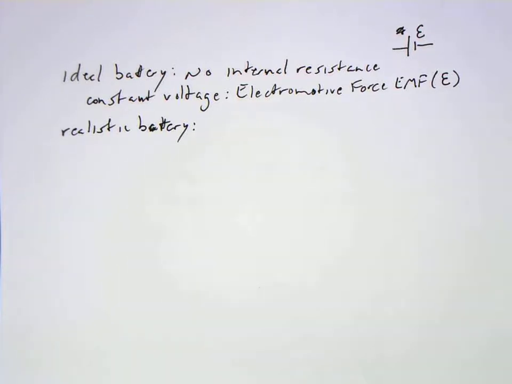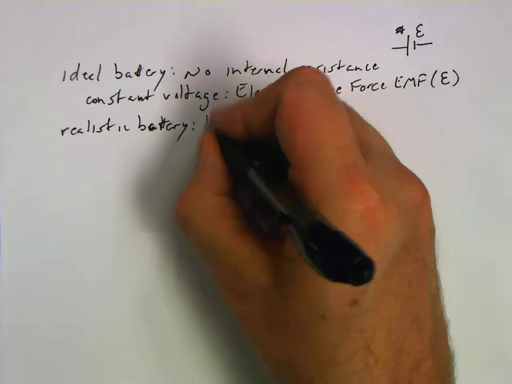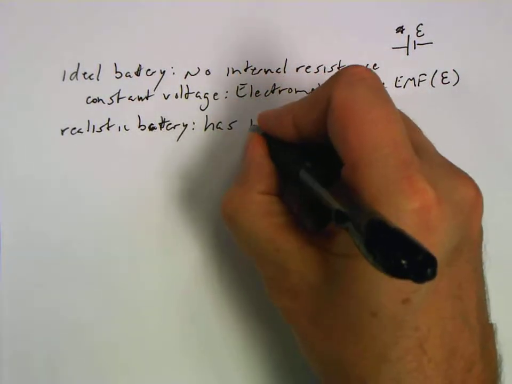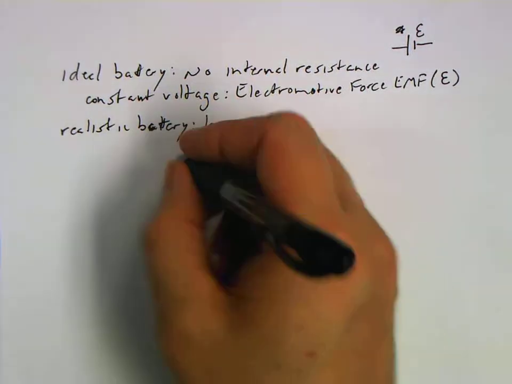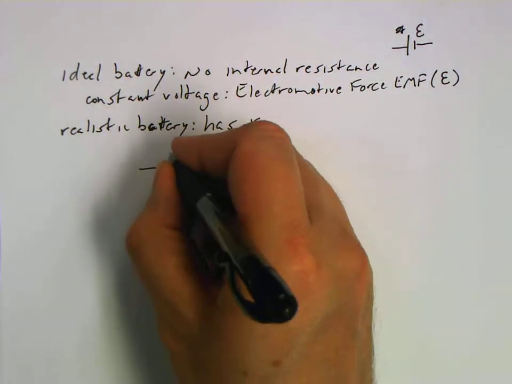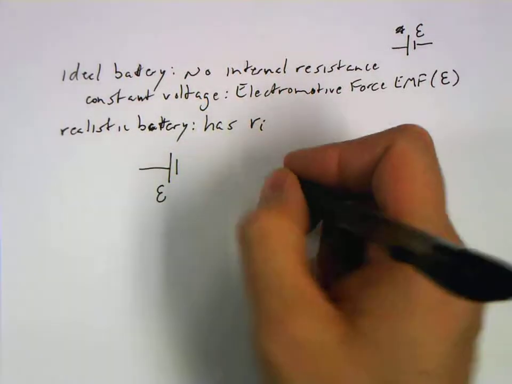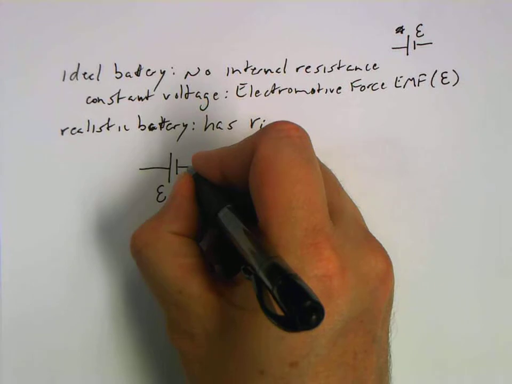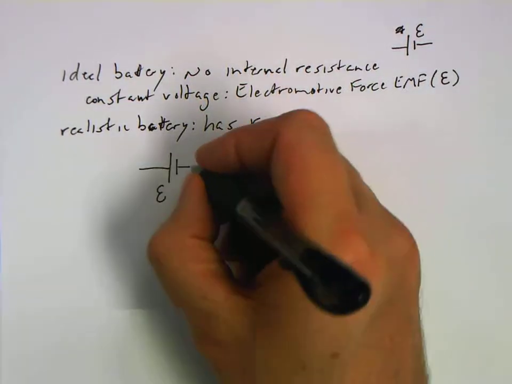A realistic battery has a noticeable internal resistance, has a value for R sub I. And so what we end up with is our ideal voltage is changed. It's as if right next to our ideal battery we put a little internal resistor,